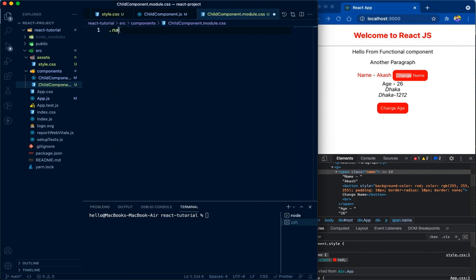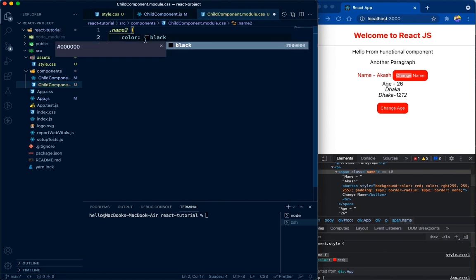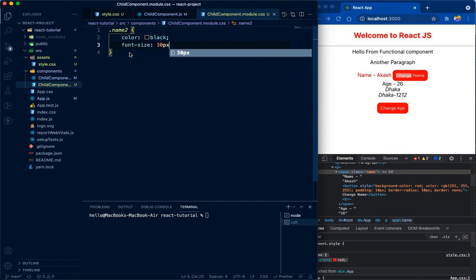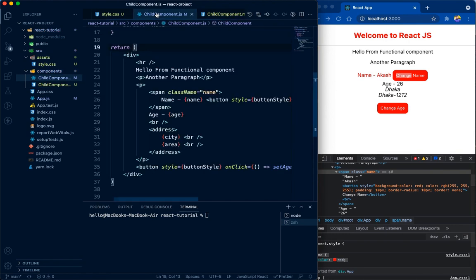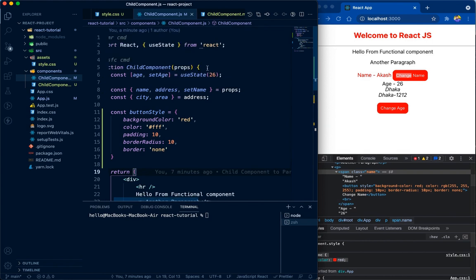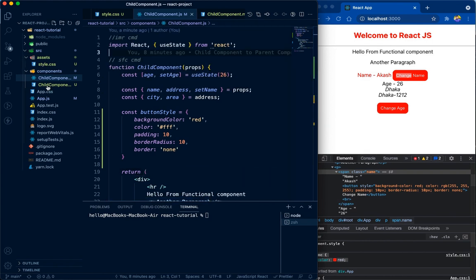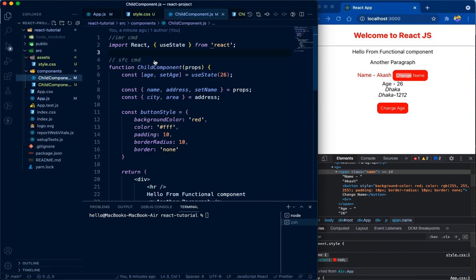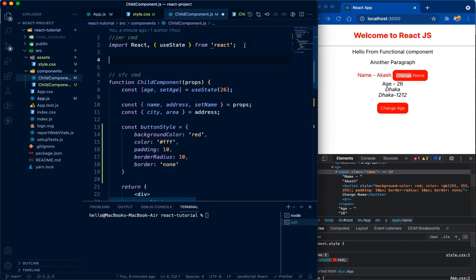We'll call name2, color black, font size 30px, and it's normal CSS. Okay, and inside here, child component, or we can also call that on the parent component, no problem. And from here you can also call it, but I am using it here, so I'm using it like that. So it would be import all as styles from